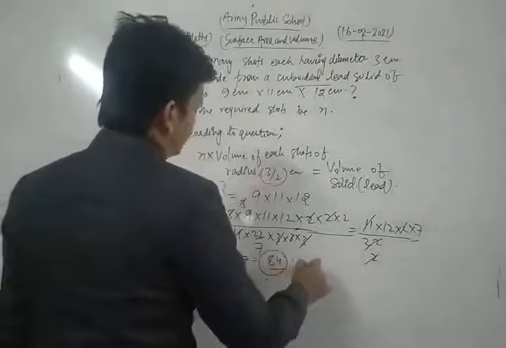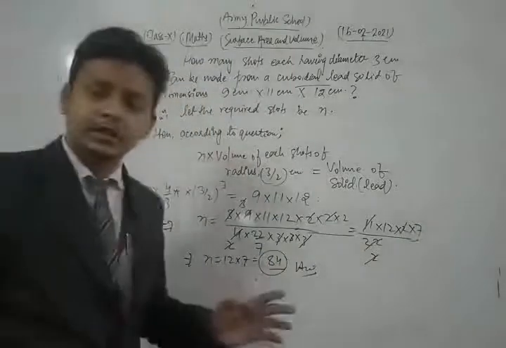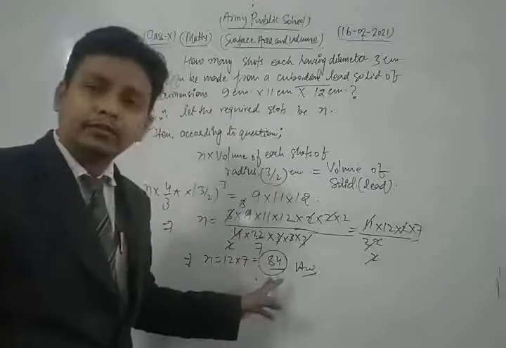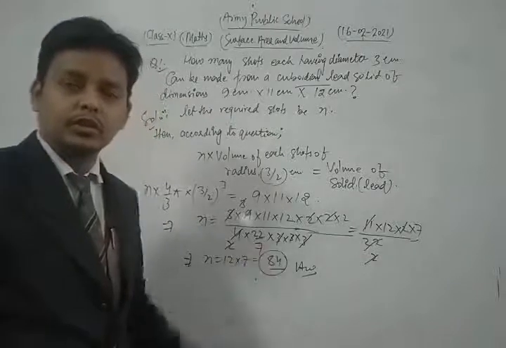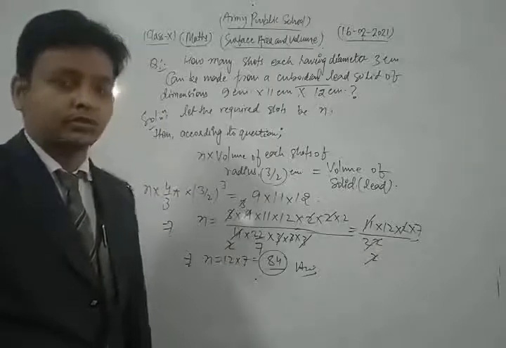So hence we get the number of shots, each having diameter 3 centimeter, is 84. This is the required solution of the given question. Okay, dear friends, so in this way,